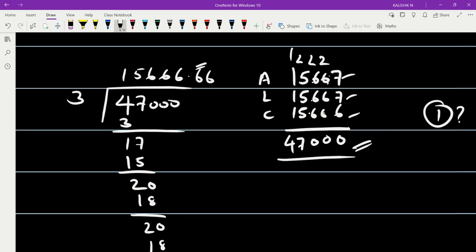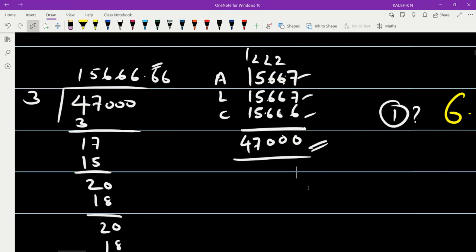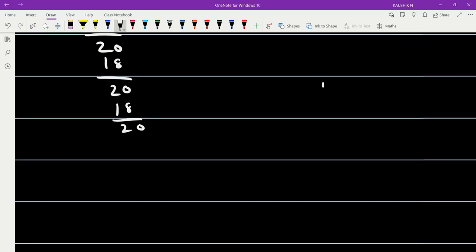Now let me give you one more value, to have a clear-cut understanding of what needs to be done, where we need to round up and where we shouldn't. Once you have rounded up, cross-check your answer by clubbing all the values together, and ensure that the amount taken for division is the same amount you get as the final value when you add those amounts. Okay, there is a cross-check to be done. Because even if 1 rupee goes extra by mistake, your answer will not tally when you go for the next process. Now I'll give you one more example whereby the net profit value is 10,000 rupees.